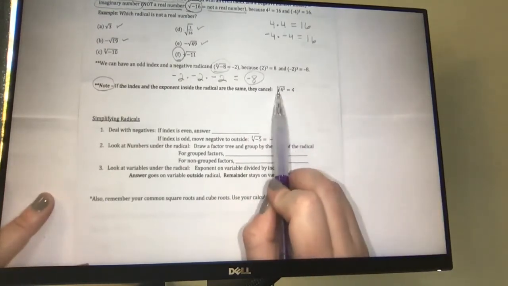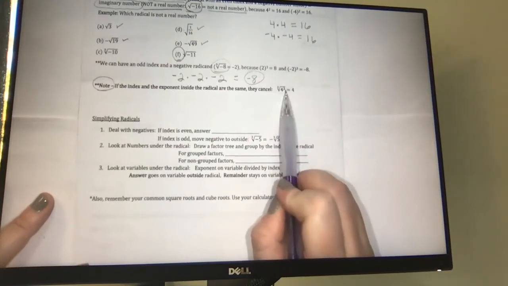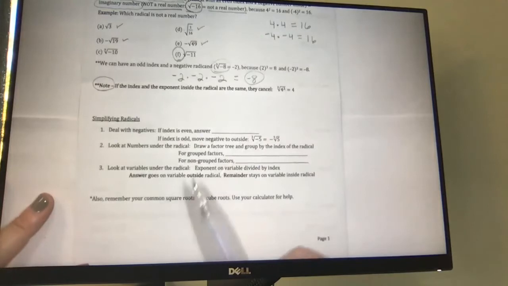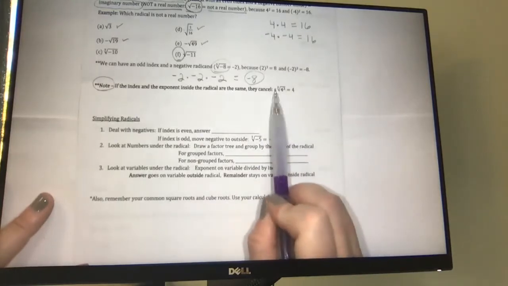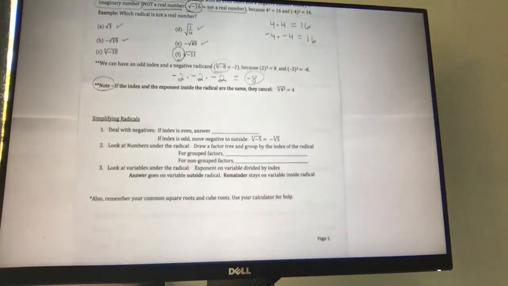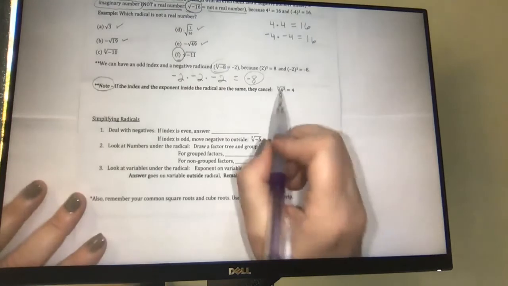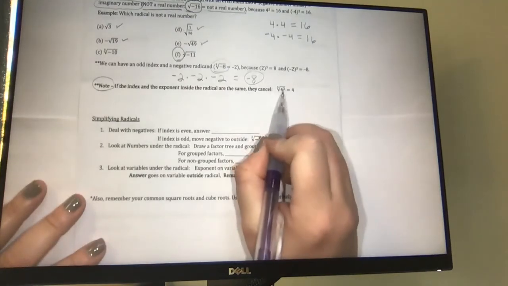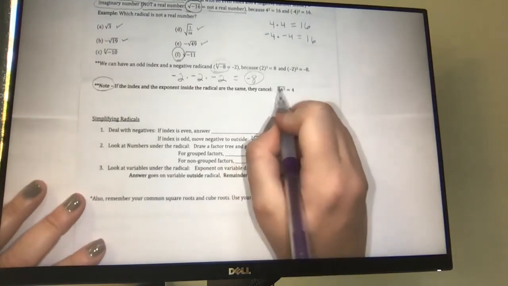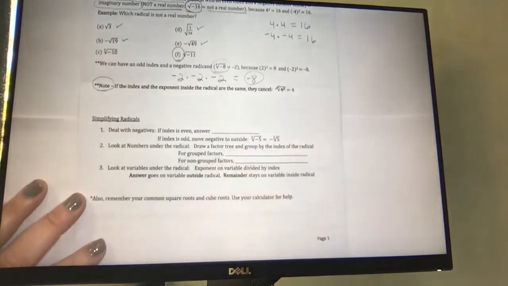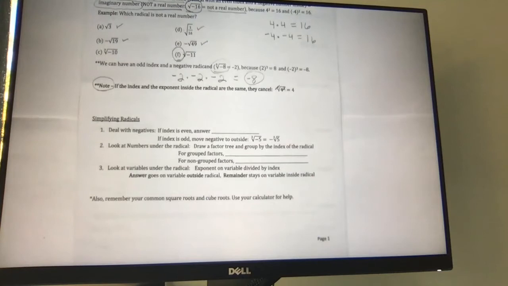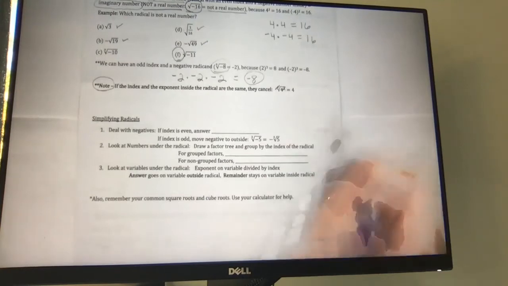If they ask you for a root and your radicand has an exponent on it, and that exponent is the same as the index, everything kind of cancels around it, and you're just left with the base, and that's it. So in this case, because it's the cubed root of 4 cubed, the index and the exponent are the same. They're going to cancel. You pop that little kickstand right off, take that root right off, and your answer is